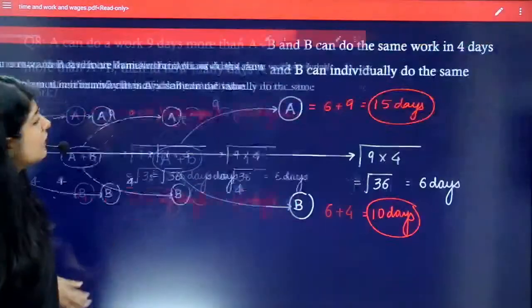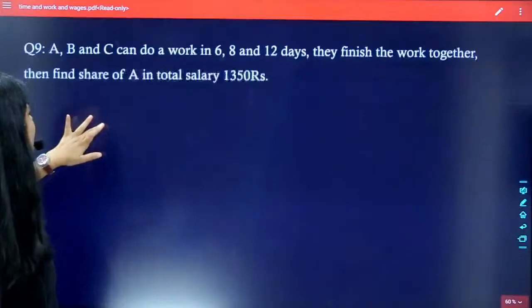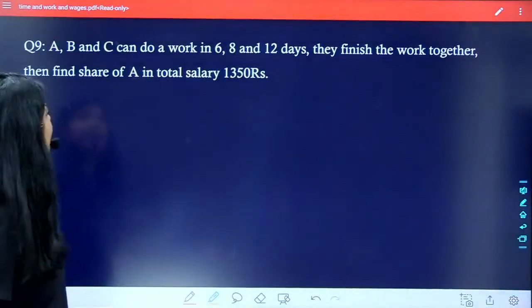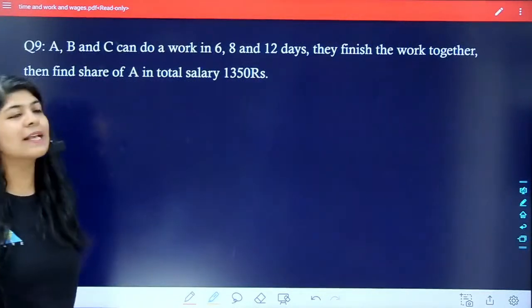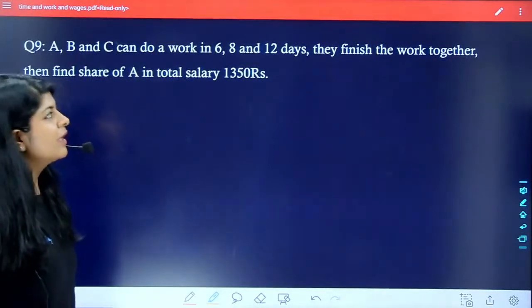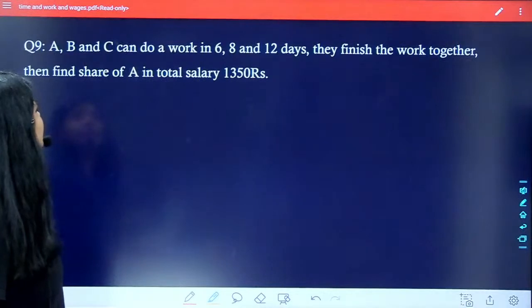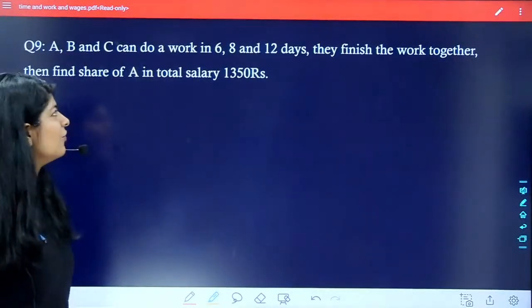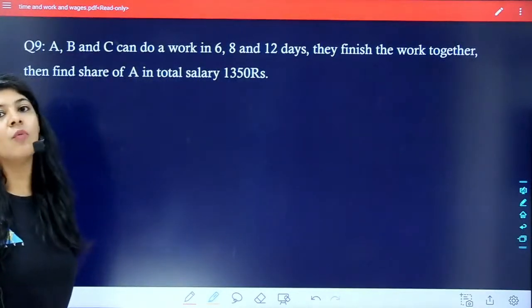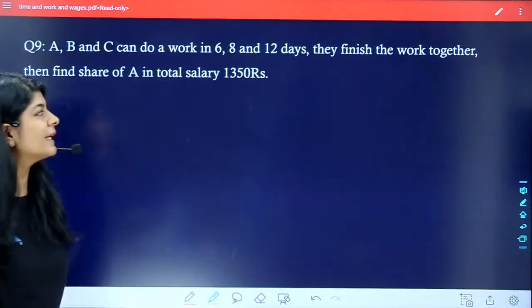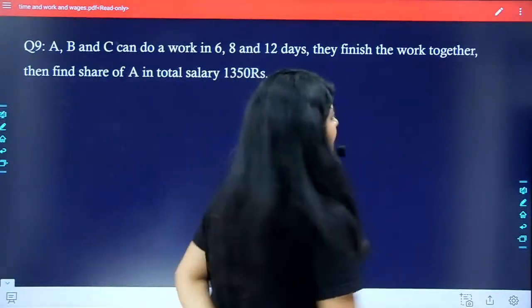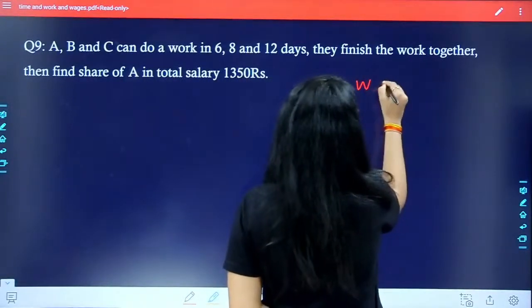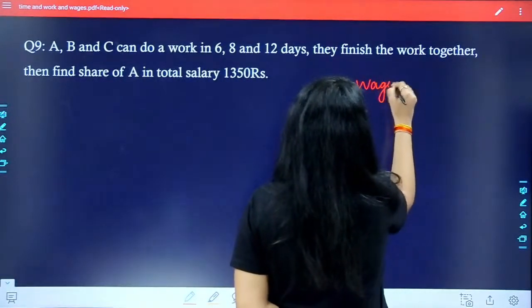Okay, now let's move to the next one, question number 9. It is given that A, B, and C can do a work in 6, 8, and 12 days. They finish the work together, then find the share of A in a total salary of 1350 rupees. So whenever we talk about wages, wages are distributed as per the efficiency,